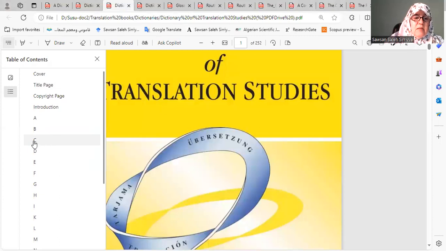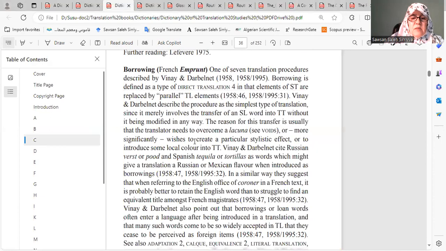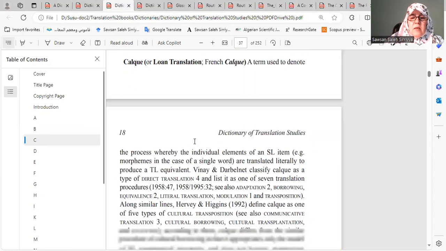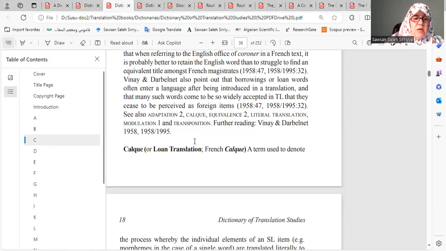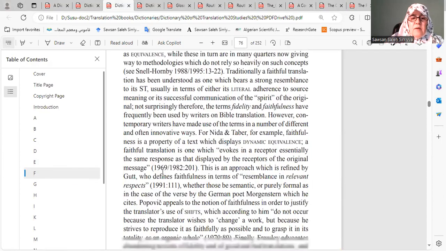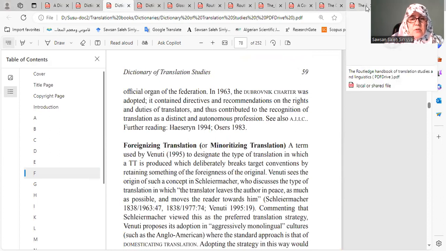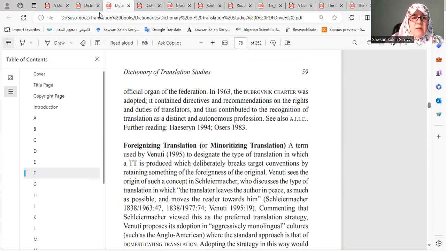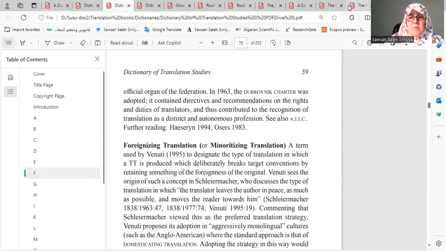You see here, these are arranged alphabetically. When you press on any of these letters, you will find it immediately. I mean this is the C. You see here, the C starts from this page, calque or loan translation. If I go there, I'll find it here. Okay, so you go to the table of contents. If you don't find in the table of contents what you need, for example, if I go to this book,